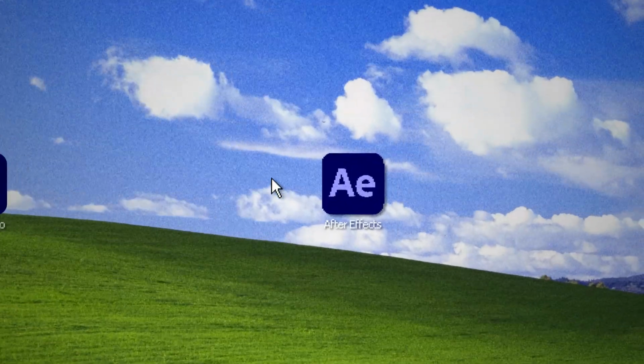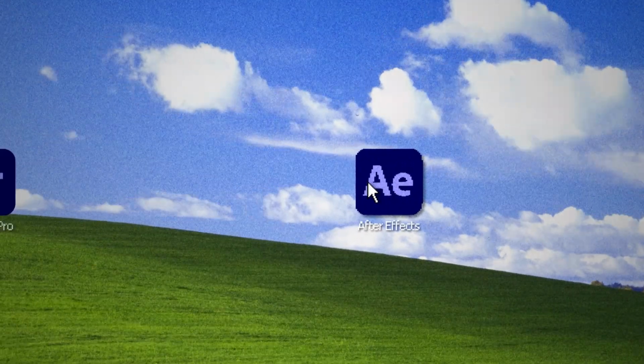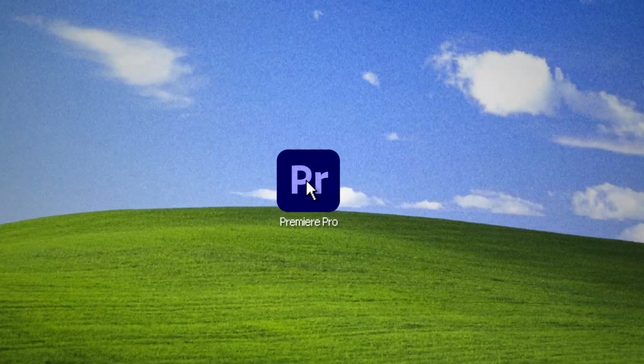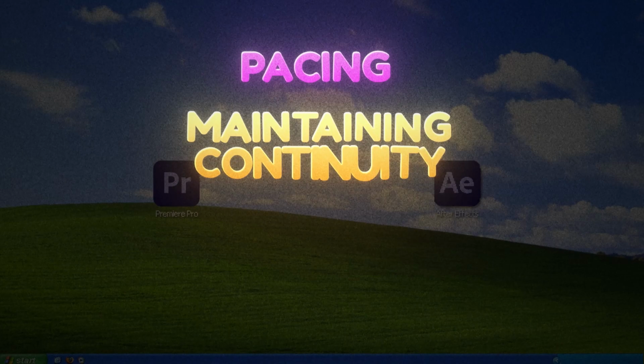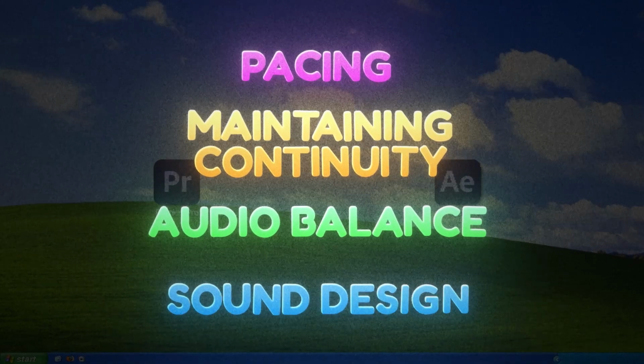And the same goes for editing. If your cuts are sloppy, your pacing is off, your audio is not even synced, nothing else matters. So before you jump into super complicated skills, just make sure that you master the basics first. Quick topics like pacing, maintaining continuity, audio balance, and sound design are quick things that you can fix in your editing in order to go from noob to good. If your basics are weak, it doesn't matter how many cool animations you can do, your edits will never